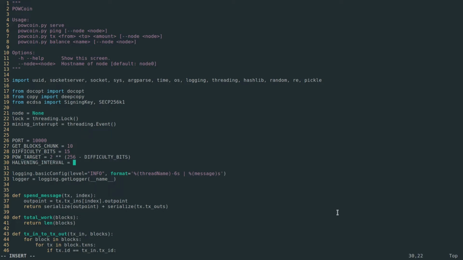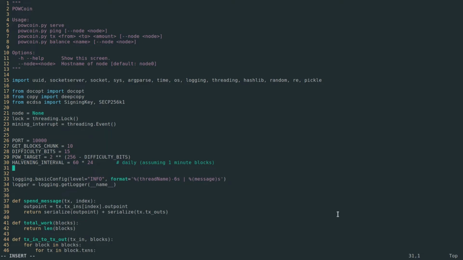So for halvening interval, it's equal to, let's say, 60 times 24. And the reasoning for that is that this would be daily, assuming 1 minute blocks. So 1 minute blocks, we'd have 60 seconds times 60 would be 60 minutes. So that's an hour times 24 would be 1 day. So the interval would be basically 1 day's worth of seconds. Or 1 day's worth of blocks, excuse me. So this would be one day's worth of blocks. So yeah, that's important. The unit is blocks here, and so the next variable is satoshis per coin,